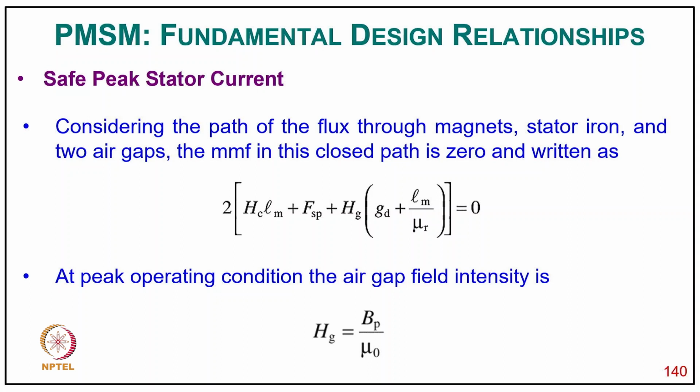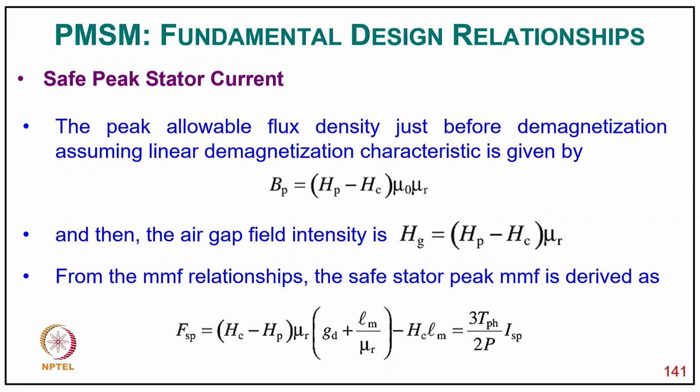At peak operating condition the air gap flux density gives Hg equal to Bp upon μ0. So the peak allowable flux density just before demagnetizing, assuming linear magnetization, is given as Bp equal to Hp minus Hc into μ0 μR,